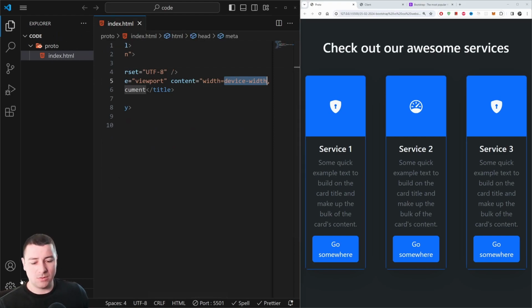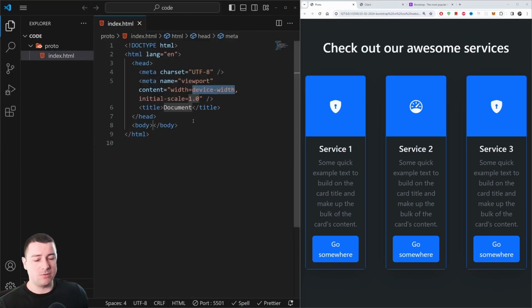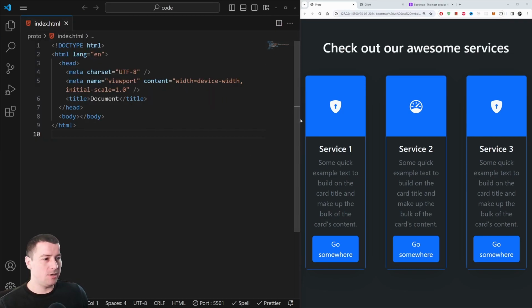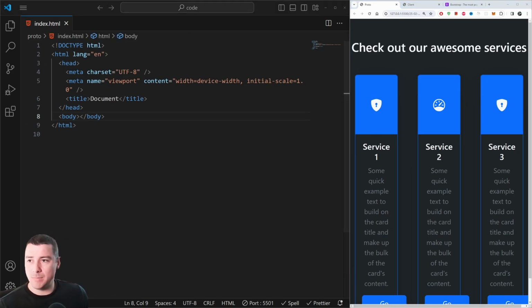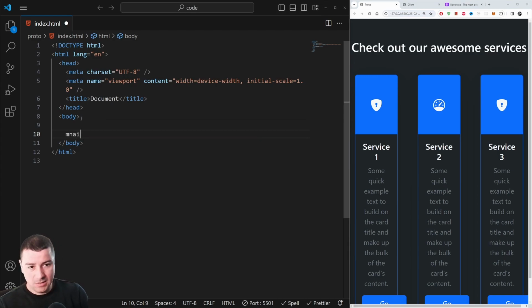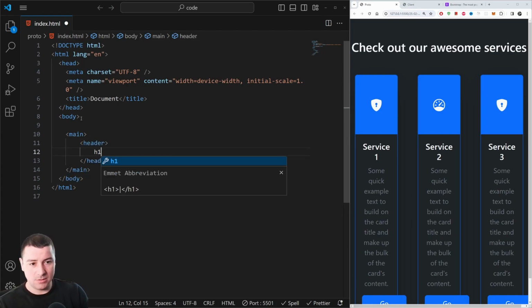There we go. Also, if you don't have word wrap activated, go down here to manage, toggle word wrap, or Alt Z. Okay, this should activate word wrap. Also, I'm going to close up the Explorer and make this a bit smaller. Okay, perfect. So next up, we need to include Bootstrap here. But first, I'm going to create just a main tag. And within the main tag, I'm going to include a header and then an H1 with the title of